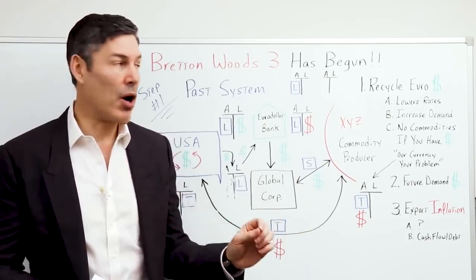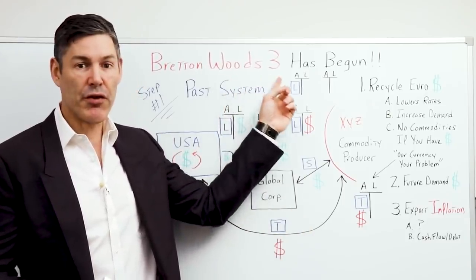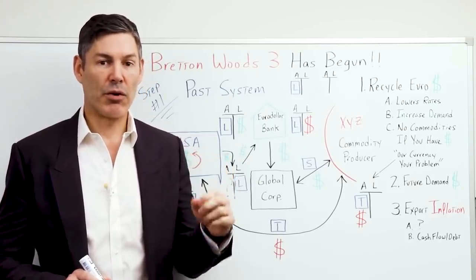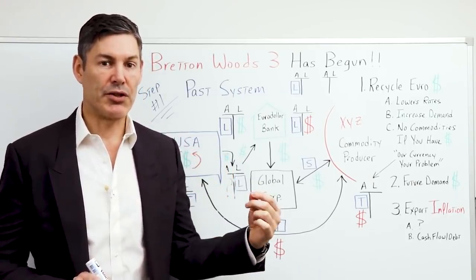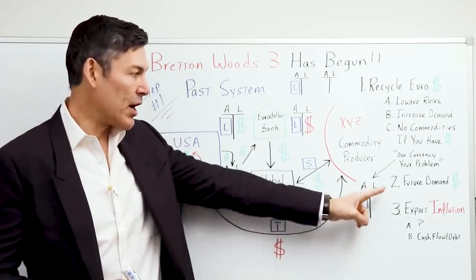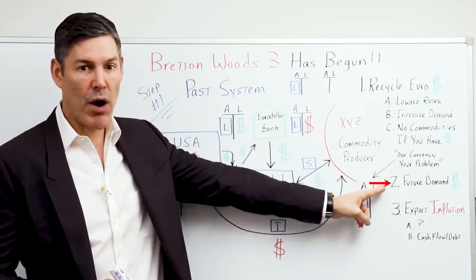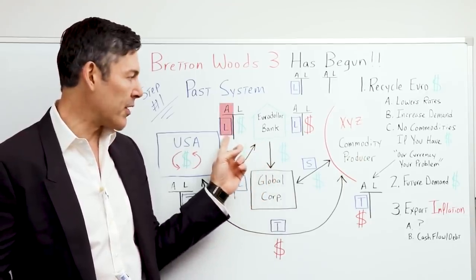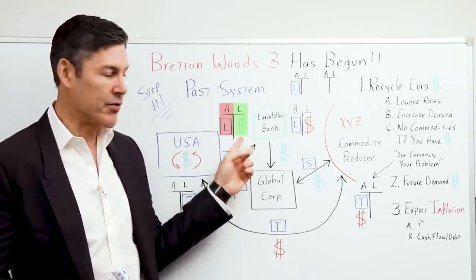And it's a big component of Bretton Woods 3. Another knock-on effect to the system we had in the past, where the Eurodollars were recycled into treasuries, is it created future demand for dollars. Why? Because let's go back to the example of Eurodollar Bank creating the loan in the first place. That loan is denominated in dollars. Therefore,